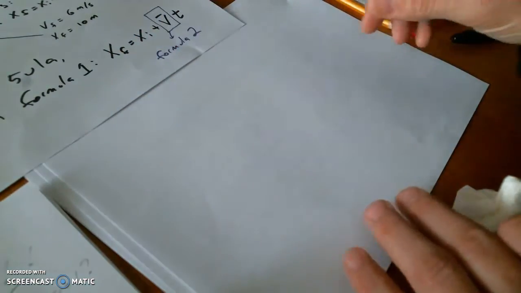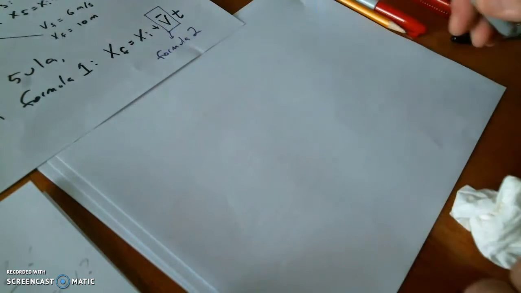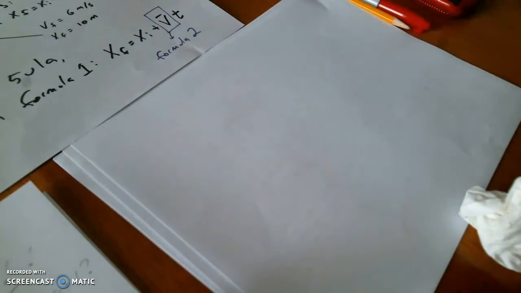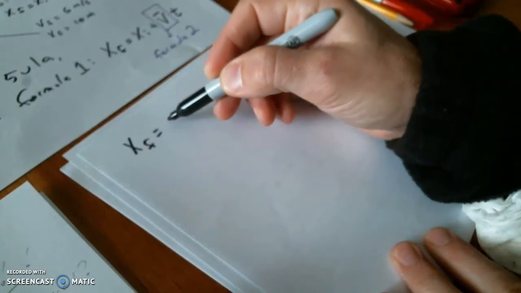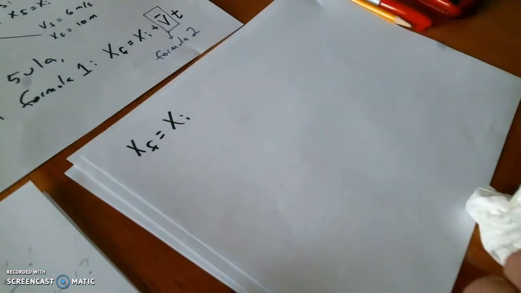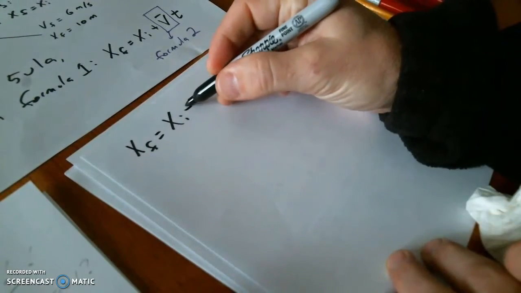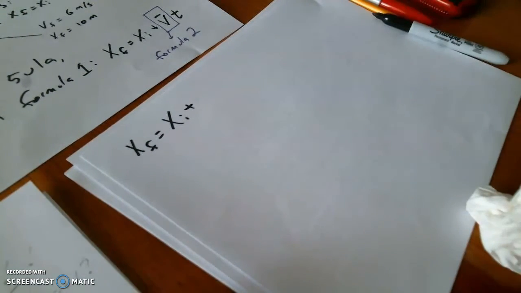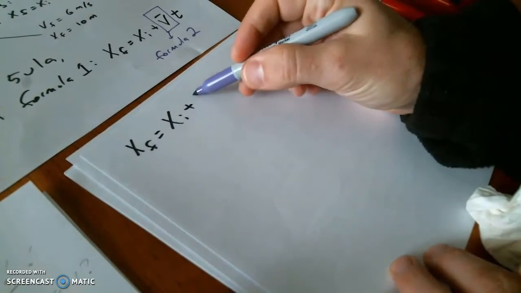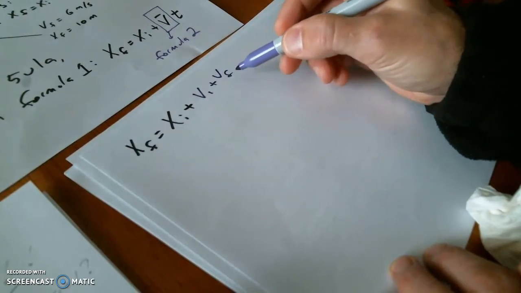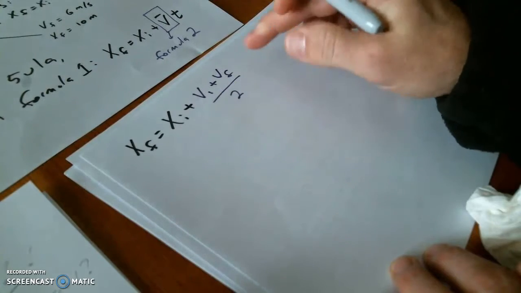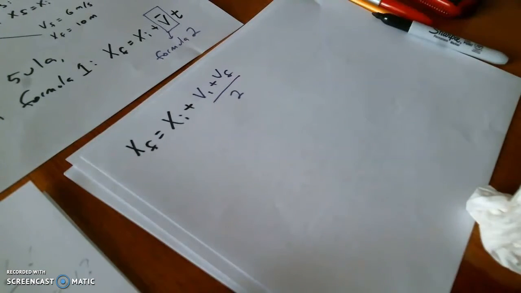So you can still see it, I'm going to write XF equals XI. Then I'm going to write formula 2 in purple. So this will be XF equals XI, plus, where formula 2 is. What's in that purple box? I will write VI plus VF over 2. Now I got to multiply it by